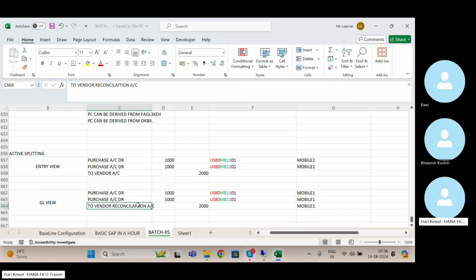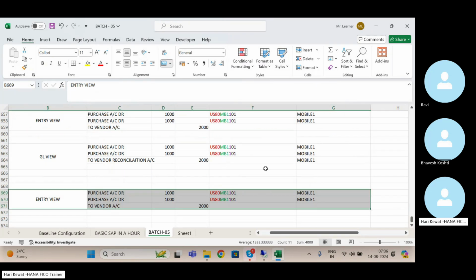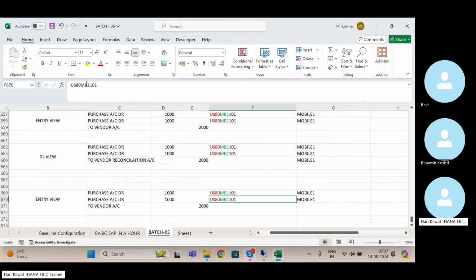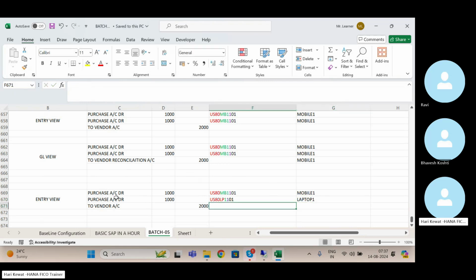Now, when is splitting required? Listen here very carefully. Splitting is required when there are different profit centers. See here, the cost centers are LP and laptop one. See the scenario. The user is entering a purchase account debit. This cost center has this profit center, and this cost center has this profit center. Now, at company code level, it is matching: debit 2000, credit 2000. But